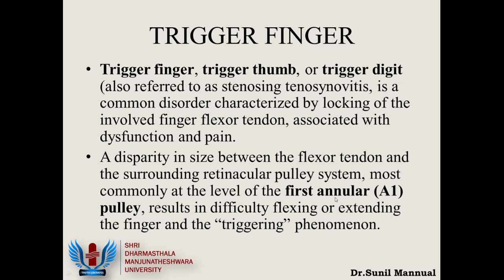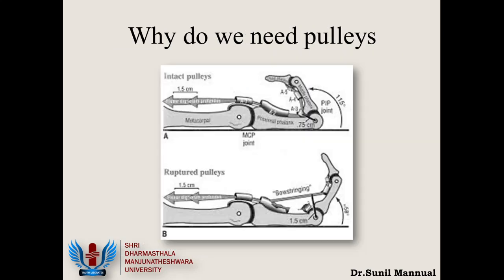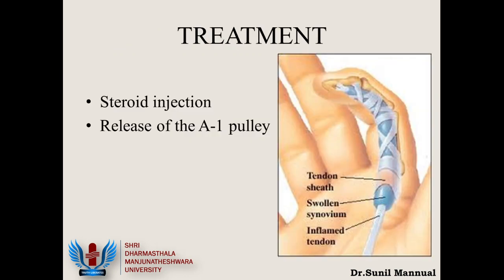And after having this inflammation for a few days or for a few months, over a period of time, any inflammation will lead to healing of the inflammation by scarring. So similarly, here the A1 pulley starts scarring, and when the A1 pulley starts scarring, what's passing underneath? The tendon is passing underneath. So the free gliding of the tendon is limited now, and therefore the patient feels a little difficulty in flexion of that finger, and after flexing, when he's trying to extend, he'll not be able to extend his finger in a smooth manner. So this causes a triggering like effect, and that is called a trigger finger.